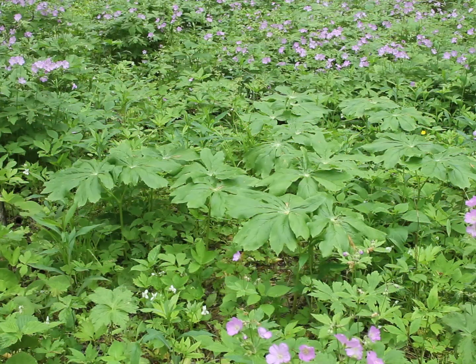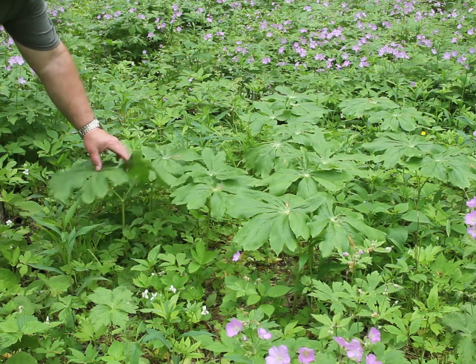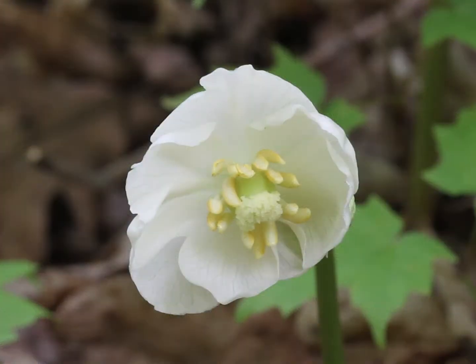These large umbrella-looking leaves are mayapple. Mayapple, when it blooms, has 2 leaves. If there were a flower here, we would see a flower coming right here from where the stem splits into the 2 leaves. Mayapple has a large white waxy flower,